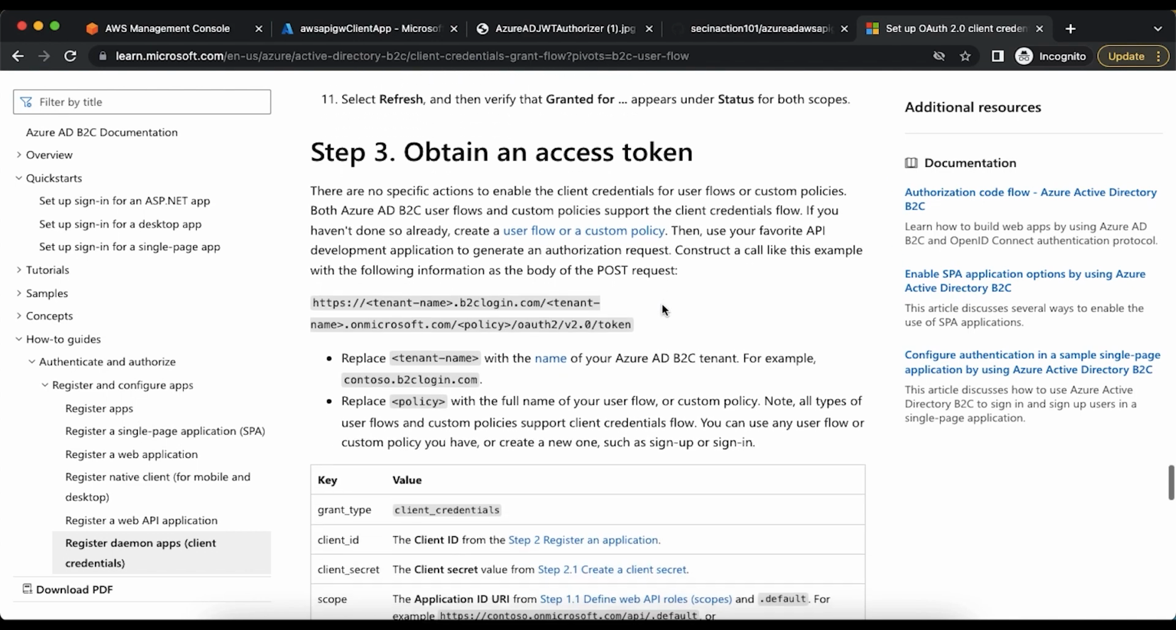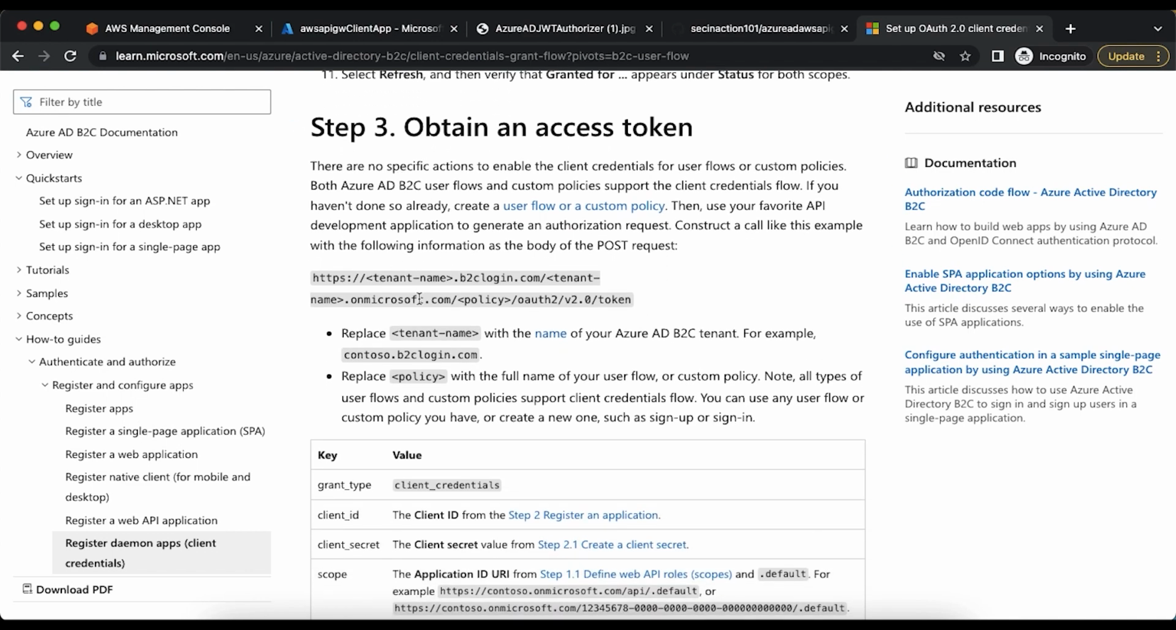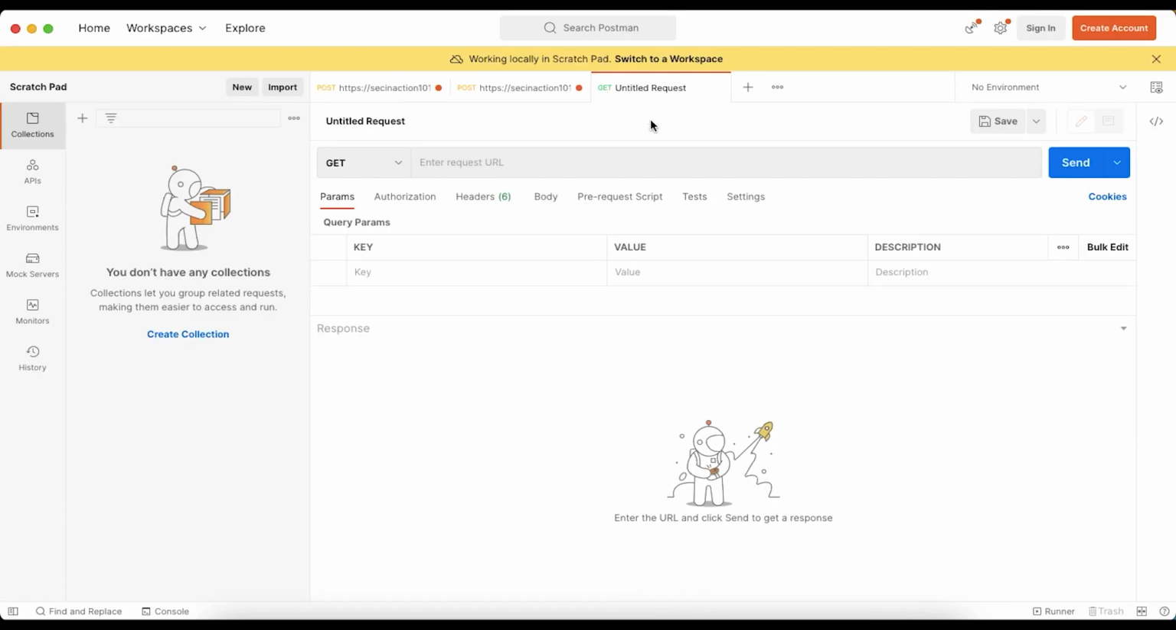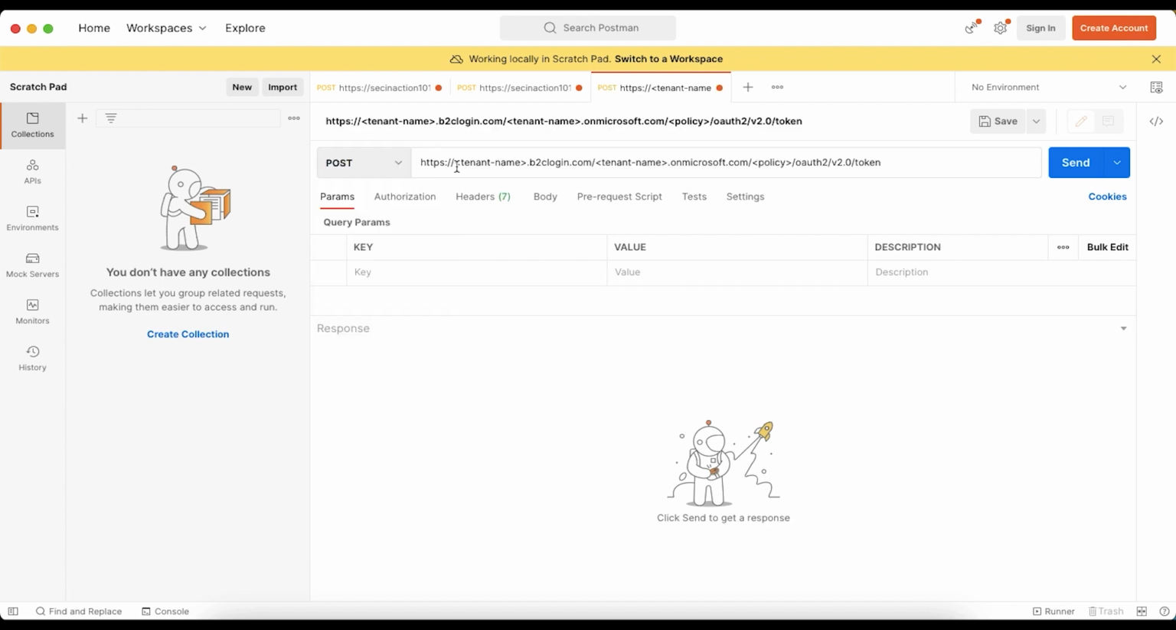So in order to get the access token, you can see these instructions again here. So you need to build this URL, which is this tenant name, all those things, and then pass all these values in the post request body. So let's do that and see if we are able to get an access token. And I'm using Postman for getting the access token. So I already have a blank request here, change it to post, paste it here,